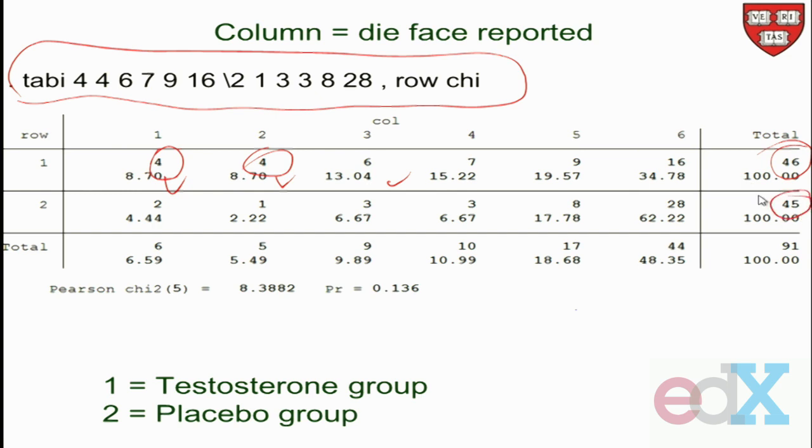And what you see is that the p-value is 0.136. So it doesn't look like there's any difference there. So I don't know, maybe I've done something wrong. But it doesn't look like you can blame it on testosterone, or that you can say anything about that from this exercise. But anyway, I thought it was fun.